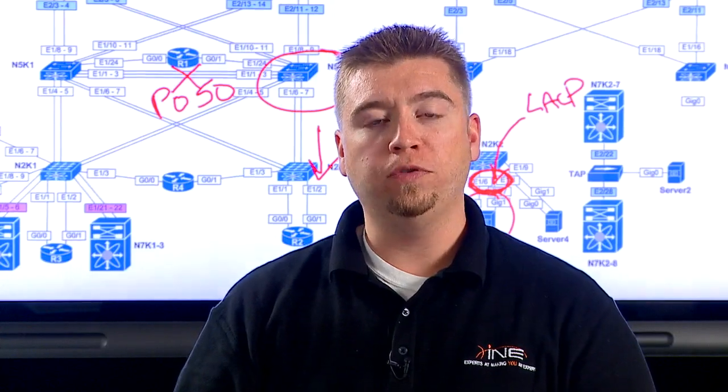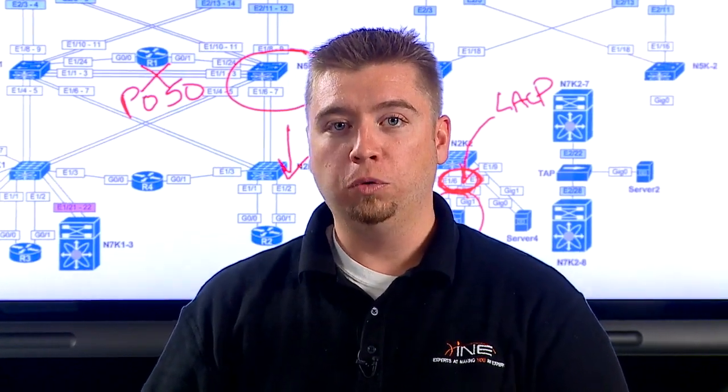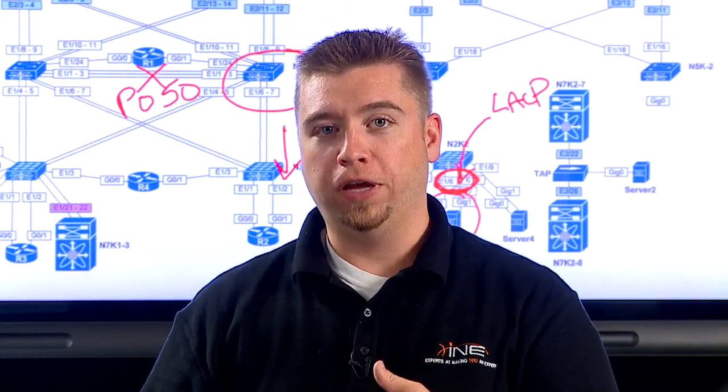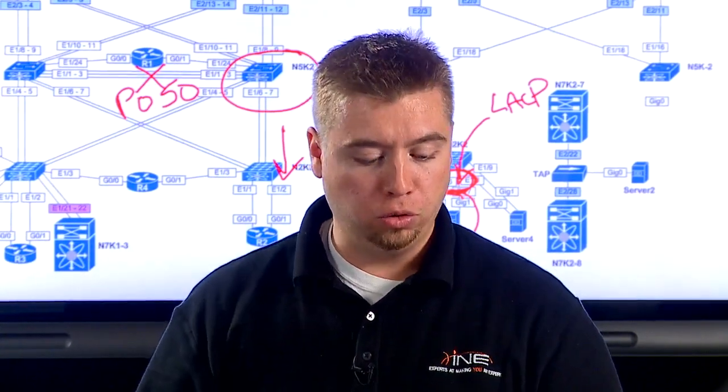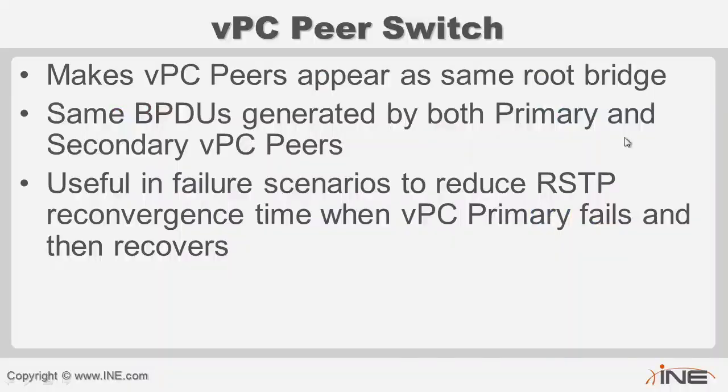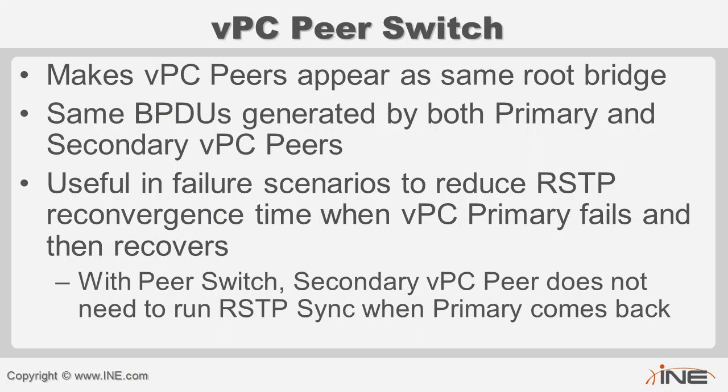So from spanning tree's point of view, we put the link into blocking state, we do the handshake over the new root port, then we unblock the downstream interface, do the handshake again, and then we can continue to forward. So in certain high availability environments and low latency environments, you would not want this. Okay, the goal then is with the peer switch, the secondary VPC peer doesn't need to run the synchronization process